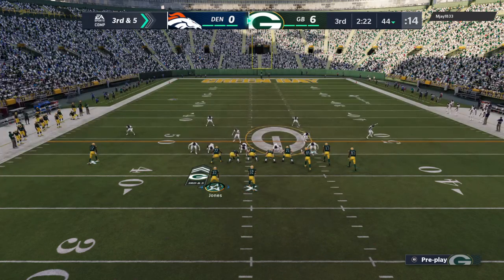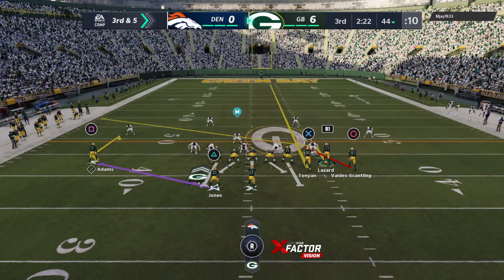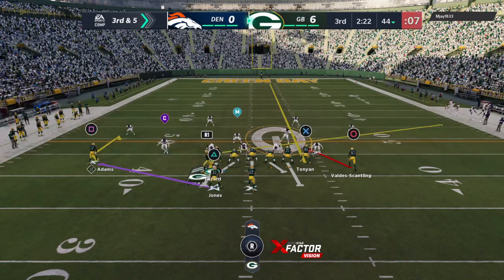Check, 47. We ain't giving up nothing today. Hey, check Mike 47. Check Mike 47. Jim. I smell